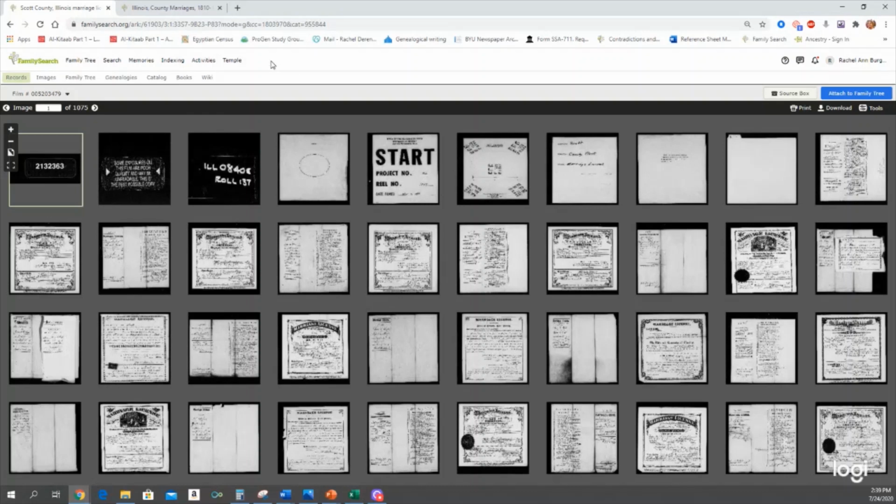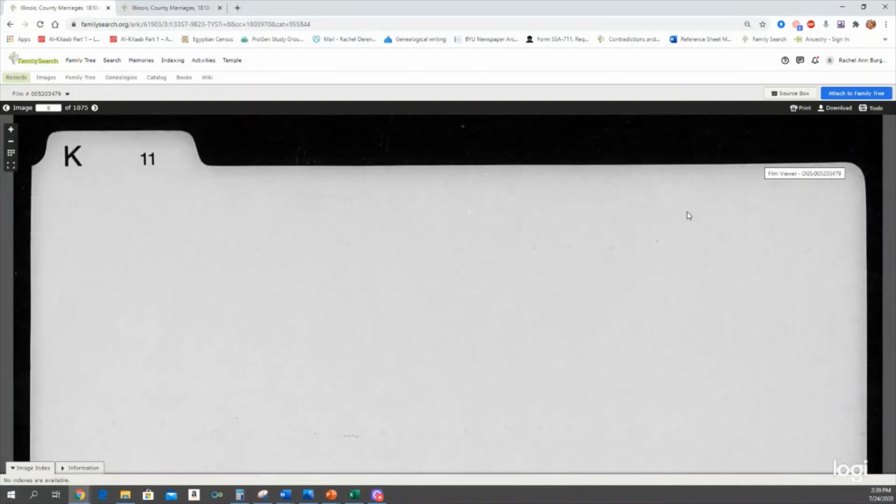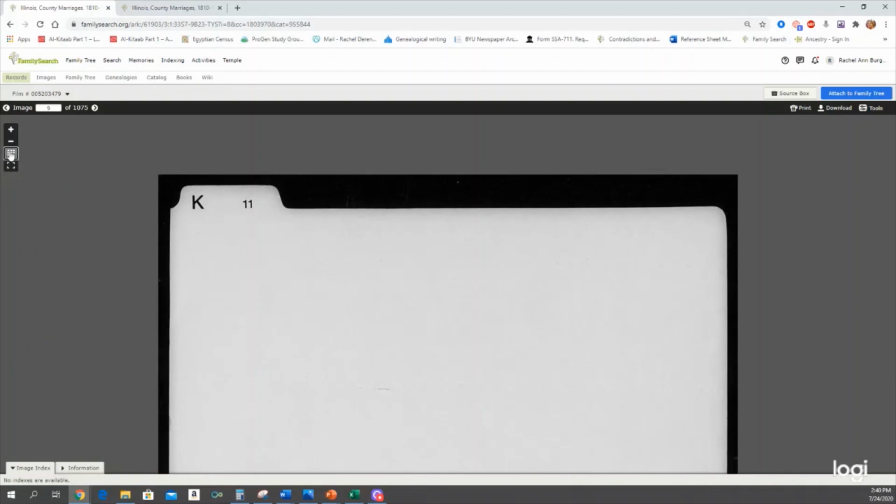Well, what on here can tell you how to navigate or indicate the organization a little bit of this microfilm? Now you know that it's organized by surname, but there are a lot of surnames between K and N. So how can we find the N's quickly? You look here, this is a folder, and it has K on it. So that means that we can go and try to find the M folder. And that will help us to navigate a little bit more quickly.